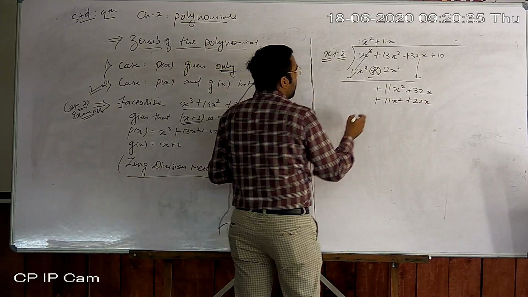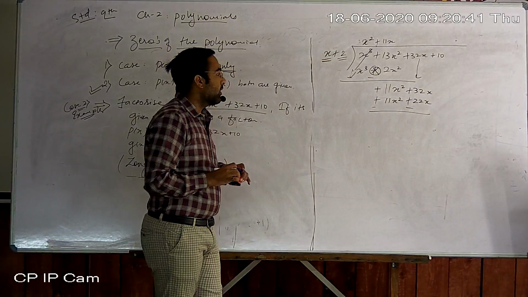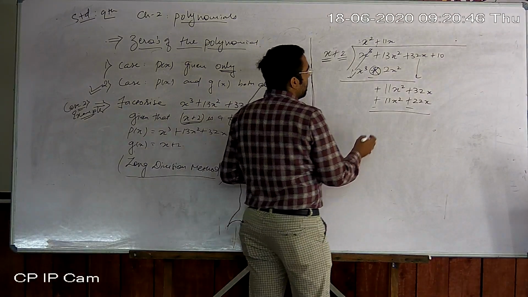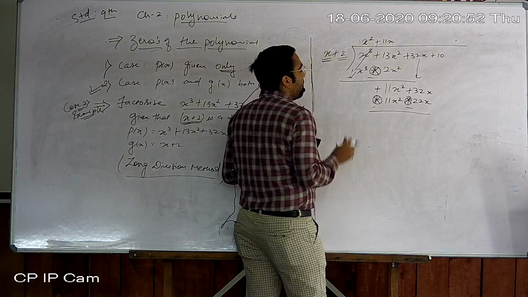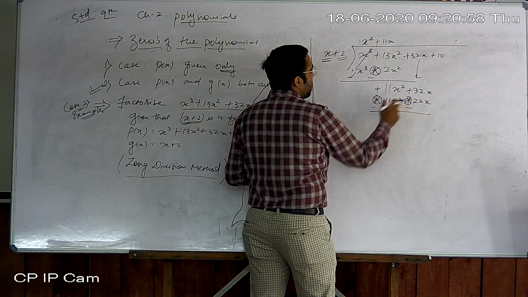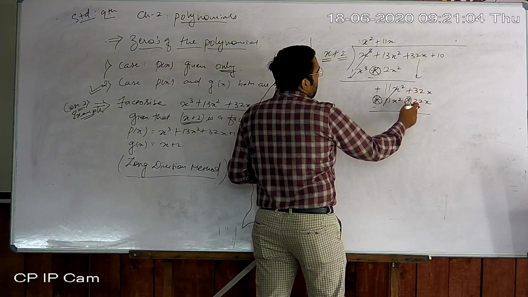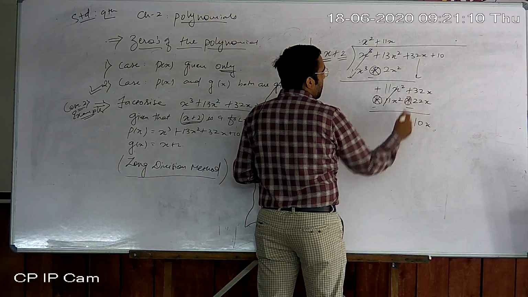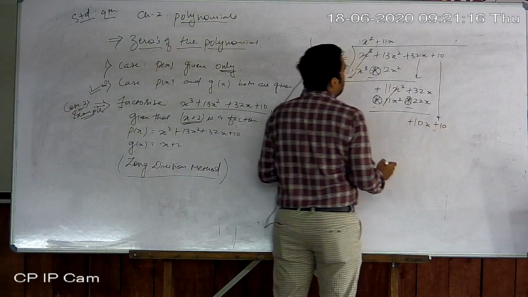So now subtract them. Whenever I subtract, I change the signs of the last terms. So here I don't consider this sign; you must consider the minus signs for these two terms. Now 11x square and minus 11x square cancel out. Plus 32 minus 22 is 10x, the bigger number is 32, therefore plus 10x, and 10 comes here.